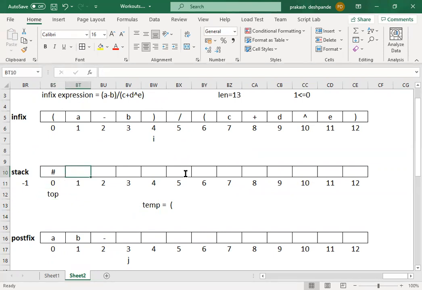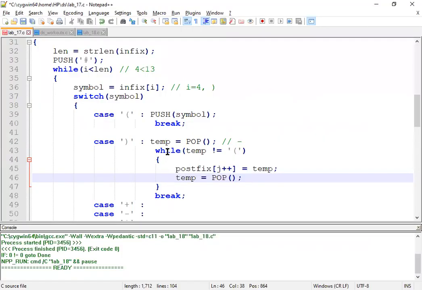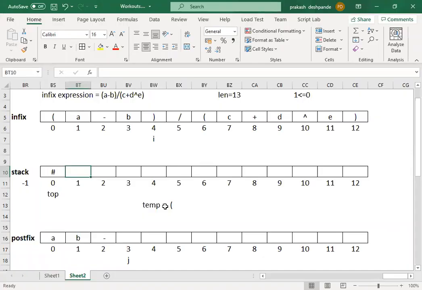Okay, now since these two statements are placed in a while loop, again the condition will be validated. Now the condition is what? The temp not equal to open parenthesis. But if you look at the tracing part here, right now the temp contains open parenthesis, right?